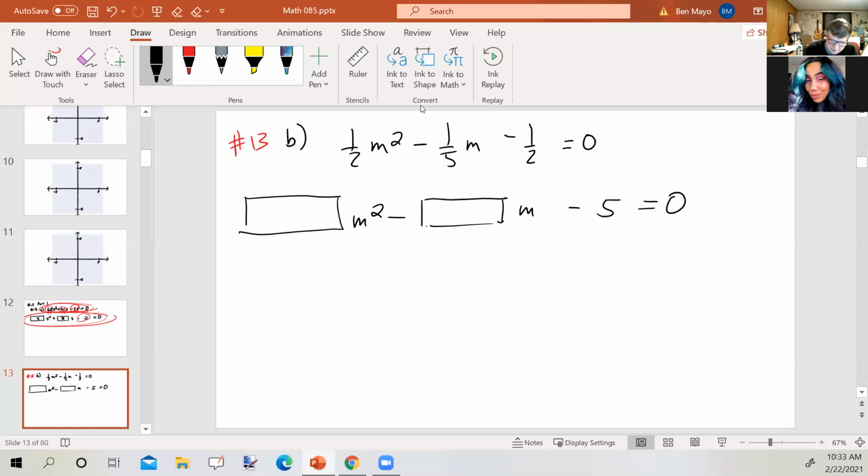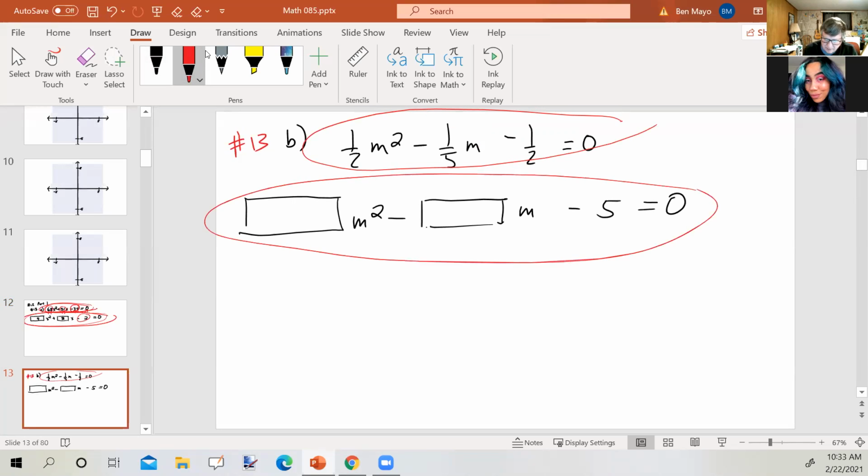So we need to take this equation and write it like this. And what we're going to do is we're going to get rid of the fractions. Well, if we look at the equation, the least common denominator of 2, 5, and 2 is 10. And if we multiply both sides by 10, this term will turn into that. So basically, we're going to multiply